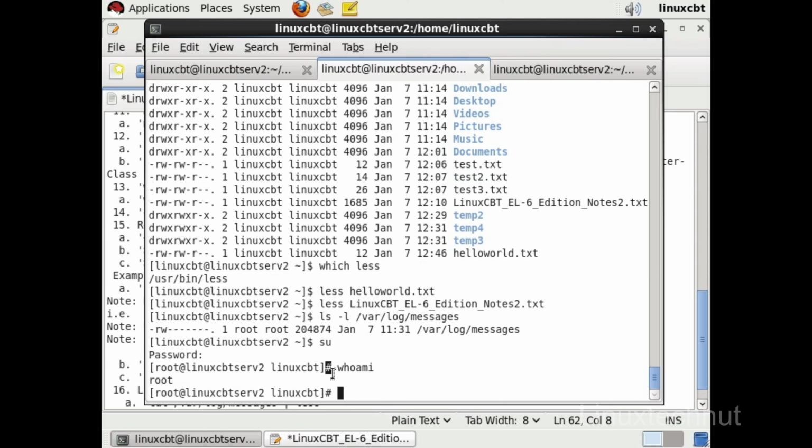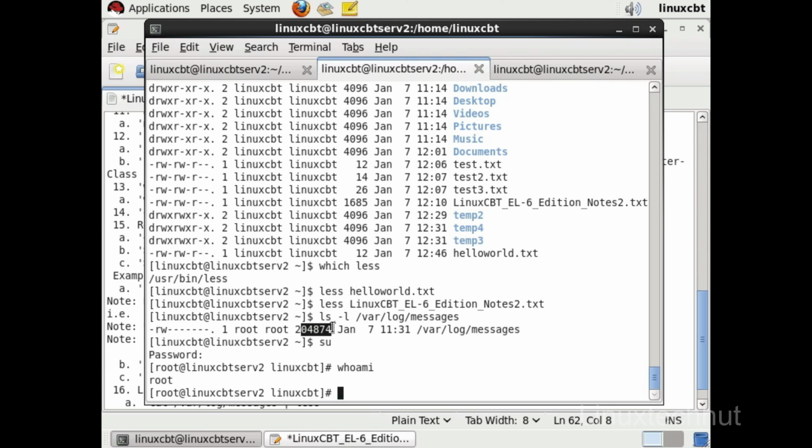I've su'd in. Notice that the prompt terminates with a hash mark. When you're logged in as a super user within Red Hat Enterprise Linux using the bash shell, and in other distributions for that matter, including Debian, SUSE, Ubuntu and otherwise, they all use bash. The super user's prompt terminates with a hash mark or a pound symbol, whereas the non-privileged user's prompt terminates with a dollar sign. Perhaps it should be the other way around. Well, with that said, we can now examine the contents of /var/log/messages, which is